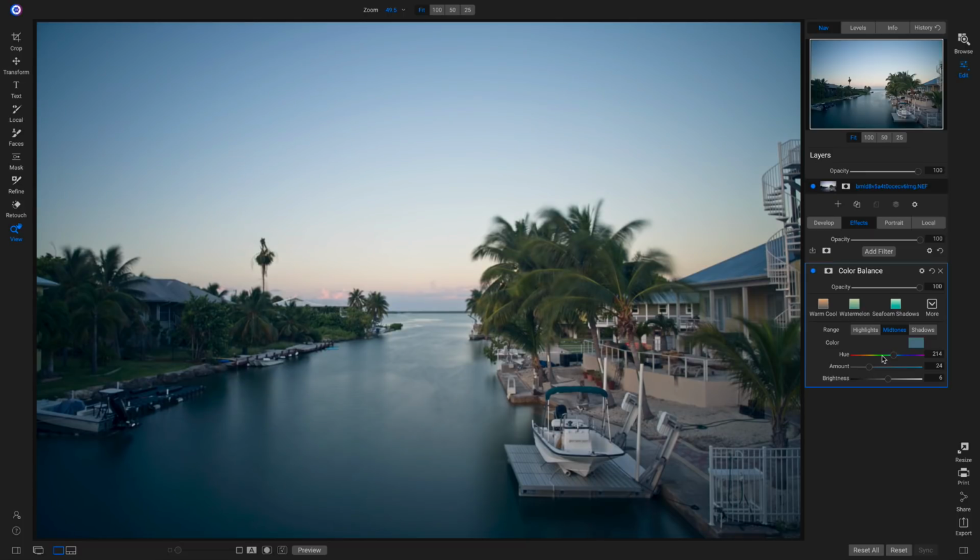Okay, so now that we've made our midtones and our shadows blue, we got to go into our highlights and counterbalance. So we're going to go into our highlights. We'll pull up on the amount again, and then we'll bring them to a nice sort of gold color. And then I'm going to pull up on the brightness of those all the way. So now if I turn this off and on,